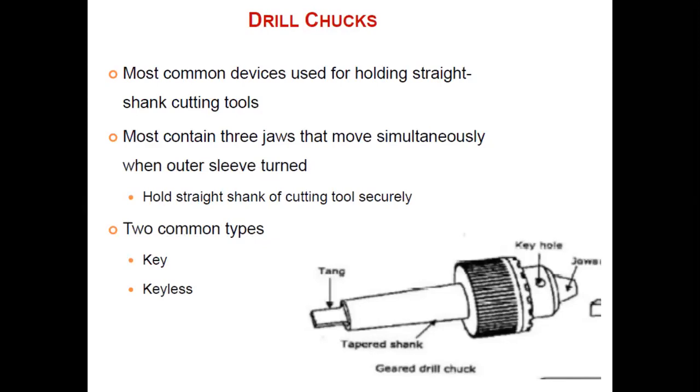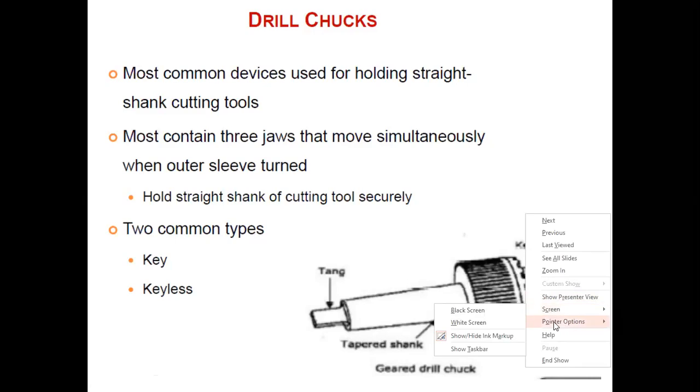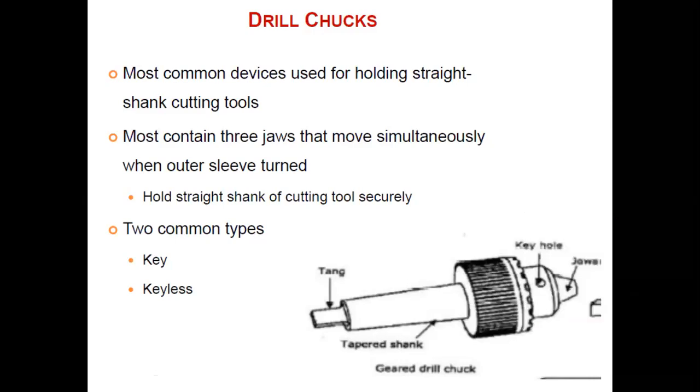So this is the typical drill chuck. Most popularly, maybe in that video also, you have seen this kind of arrangement when inserting the drill. This is a typical chuck. Again, it has a shank, a taper shank, which is mounted in the spindle. The spindle rotates, and this is the tang portion, which actually gives proper holding in the spindle. This is the tang and this is the shank. The shank is normally tapered. It is inserted in the spindle, and this portion is called the chuck.